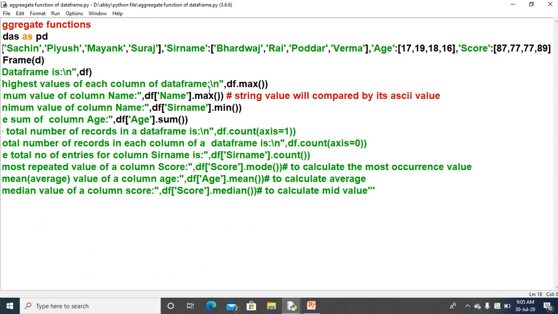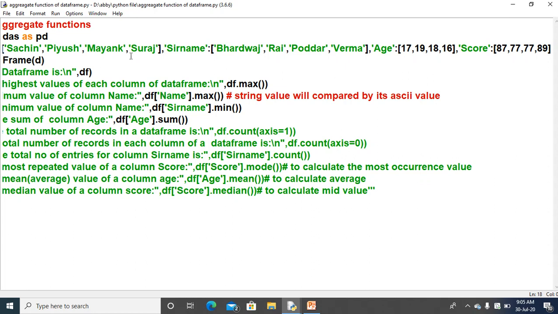Okay, but at the same time, if you want to find out the maximum value for any specific column, here I have not used any specific column. Directly I have given the command as df.max. But here I want to see the name column maximum value, then you can also do that. The format for writing is df, then under the square bracket you apply the name of the column under the quotes. Okay, this will return the maximum of name.